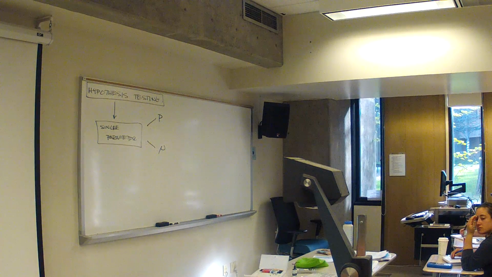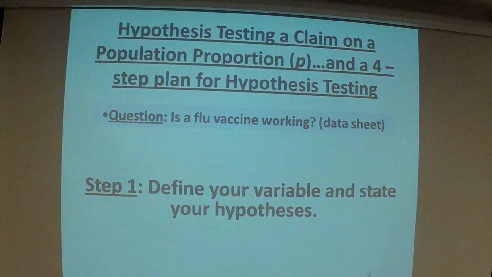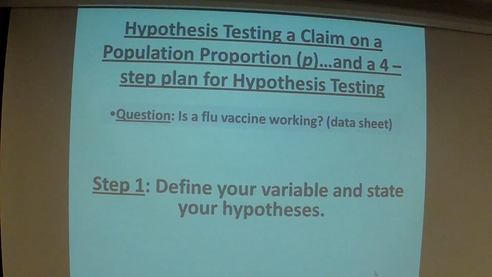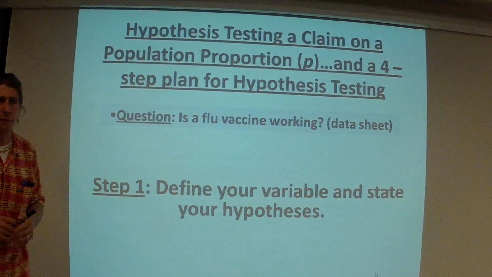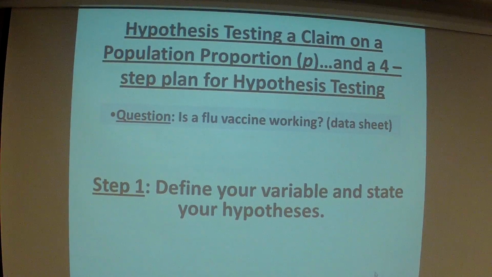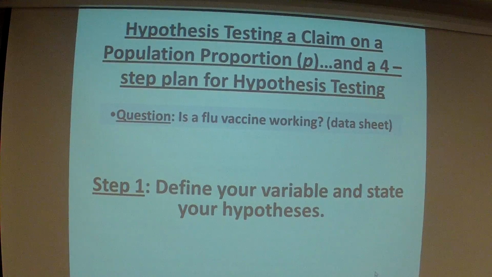So this is the formal title. We're going to be hypothesis testing a claim. This is Ashley's alternative hypothesis she was mentioning earlier, on a population proportion. And what I've tried to do is break it down into a 4-step plan. There's a nice 4-step plan, 2 of which you're already familiar with. Not 1 and 2, but 3 and 4. After the last homework set, you guys have already been interpreting p-values and stating conclusions, or at least reading conclusions. What I want to do today is get into some real data and start extracting the results